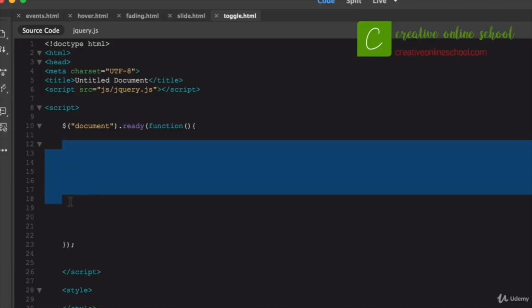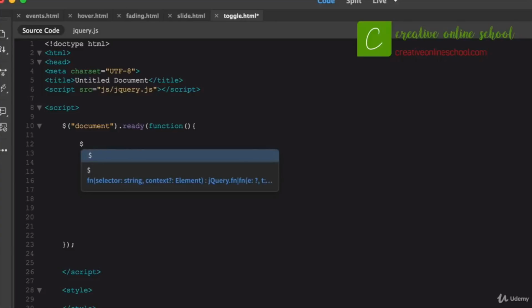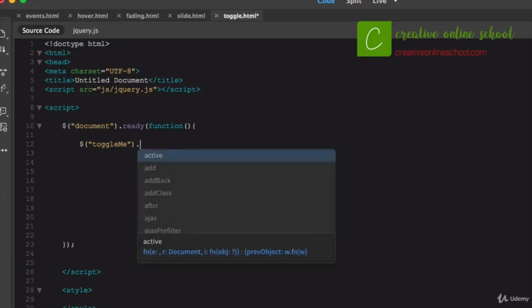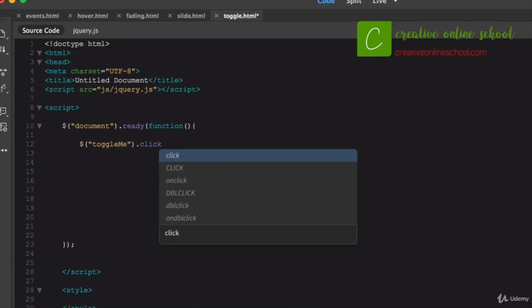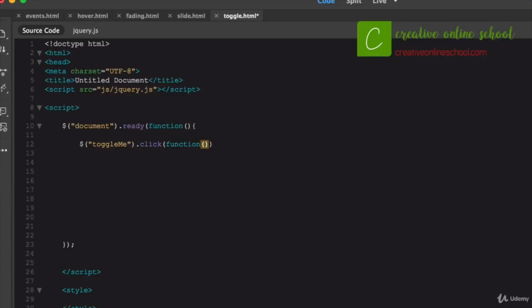So within my document I've got my standard starting jQuery line up there. What I want to do is do what I always do, start with the $ sign and the parentheses and the quote, and I'm going to say toggle me. Oops, toggle me. There we go. So I've created the string within there of toggle me, and what I want to do is on click, I want to explore some different ideas or different things that I can do with that. So within there I'm going to say a function, open and close the parentheses, open and close a curly bracket,